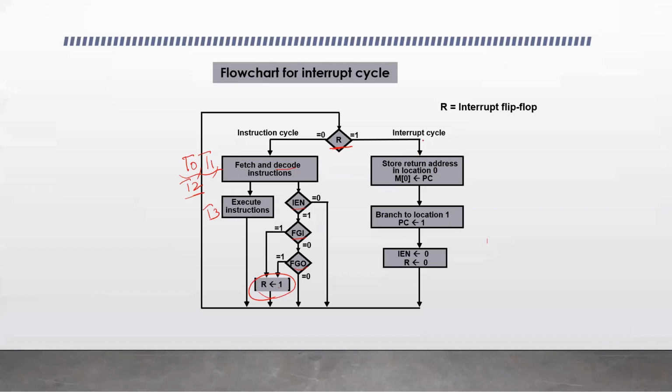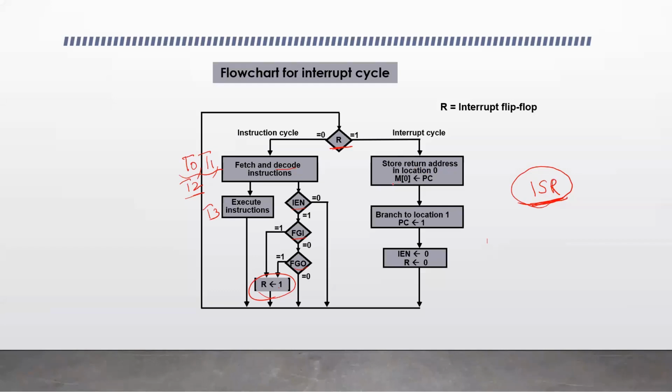Once the interrupt occurs to the computer, the control has to go to that particular interrupt service routine. It has a set of instructions that importantly need to be executed before the currently executing instructions. So control immediately jumps to this interrupt service routine, finishes that and comes back to the current address. So the return address needs to be stored.